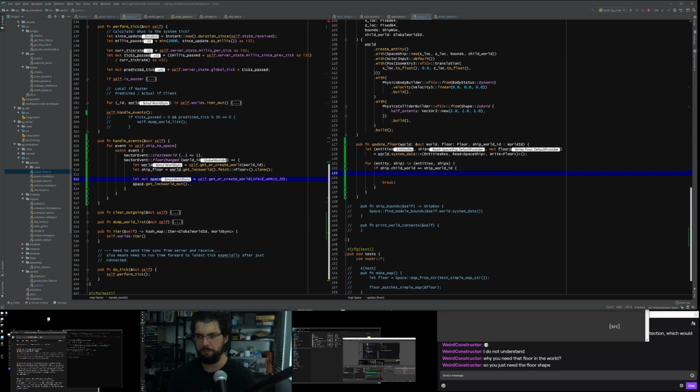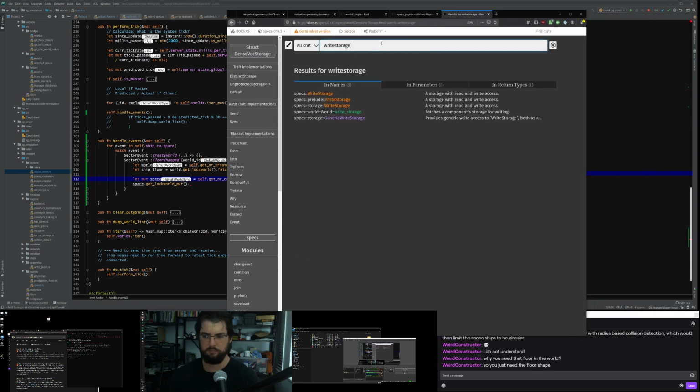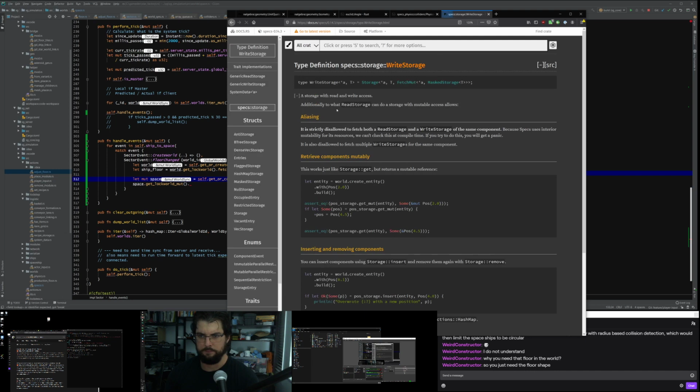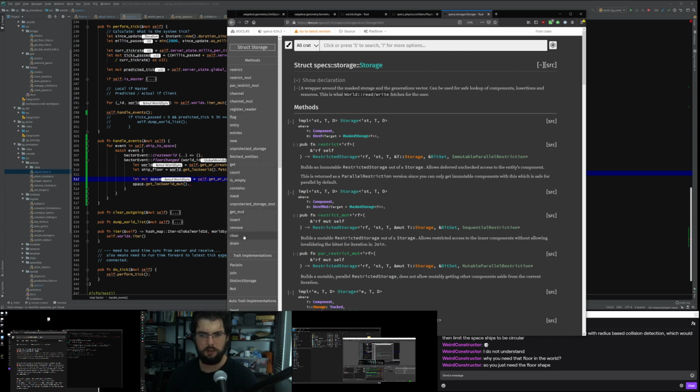So we use the floors, and there's a routine here that we can use. I think it's called insert. I'm going to have a look at the write storage of specs, which will tell me how to write to something. It's just a storage. So if I look at storage, I'm looking at something like insert or something similar. I want something I can use to overwrite.